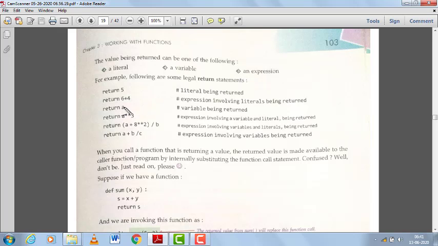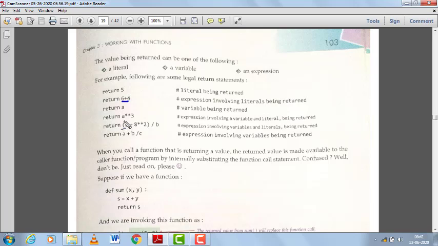An expression, return 6 plus 4. It is an expression, and first the value of the expression will be evaluated. That means 6 plus 4 is 10, and this constant or literal is returned after evaluation.